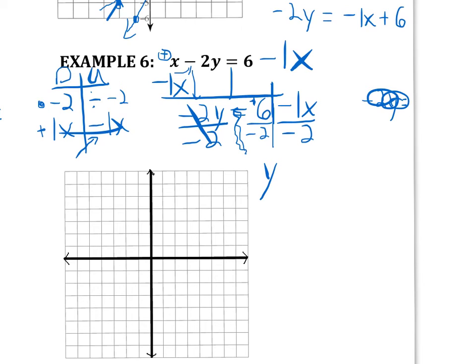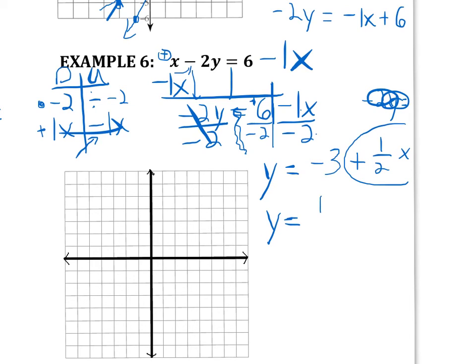Positive 6 divided by negative 2 will get me negative 3. Negative 1 divided by negative 2, well, a negative divided by a negative is a positive. So I'm going to write a positive, I can write it as plus 1/2 x. Now I can rewrite this to be in slope-intercept form where the x comes first. So I'm going to keep the 1/2 x, and what's the sign with the 1/2 x? I'm just going to circle this to show you the signs. So it'd be y equals